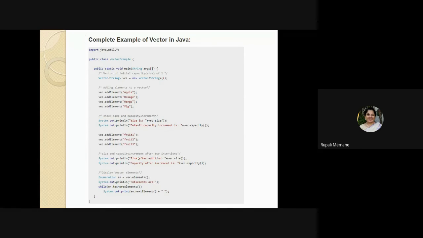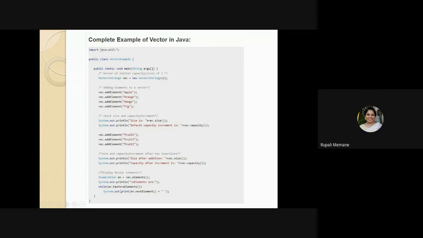So after adding elements, I can add the elements fruit 1, fruit 2, fruit 3. And then I try to print the size after addition. So here it will show you the initial capacity, whatever is the capacity of the vector. And after that, when I try to add new fruits, what will be the size and what is the capacity, right?